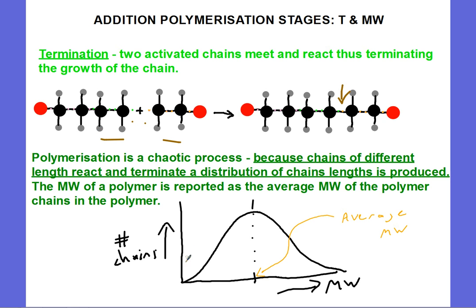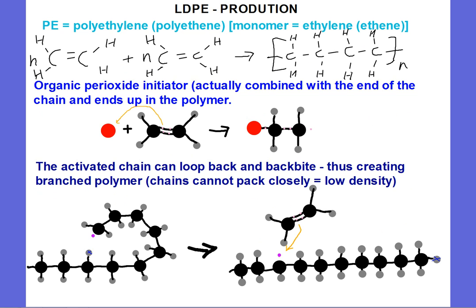And this little sketch shows you how many chains you have for each molecular weight. You've got a very few amount of chains with a very small molecular weight. Some chains have a very high molecular weight, but most chains have this average molecular weight for the polymer, and that's what's reported for molecular weights of polymers, because they are a mixture of different chain lengths in a polymer sample. And one of the things to look at first is LDPE